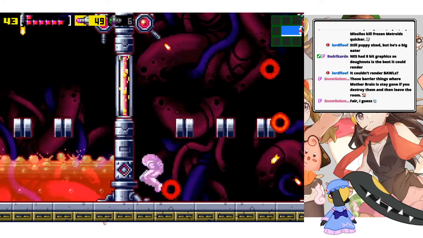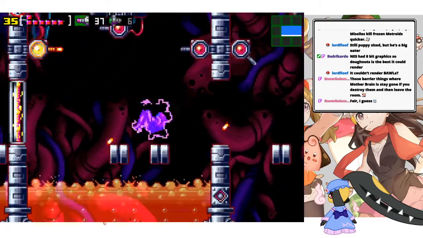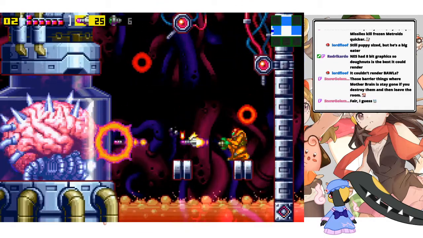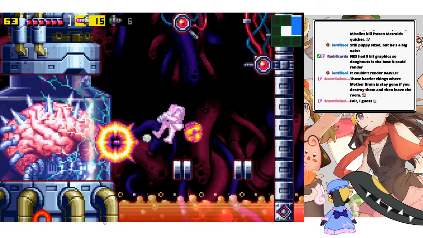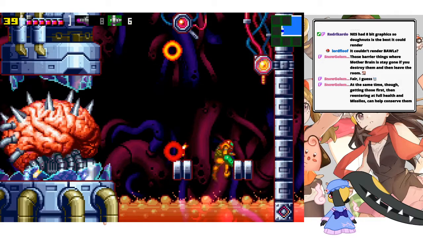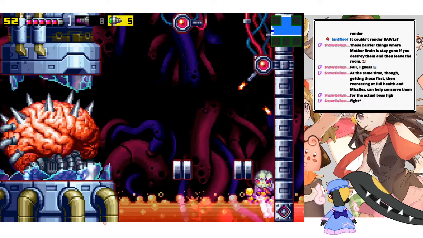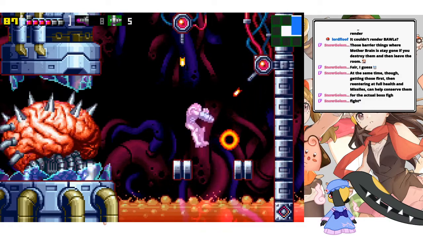No, no, no, no, no. Please don't touch the lava, Samus. I do not like this room though. Come on, do your attack thing. Come on. Yep. Now, as soon as you fall down, the problem is...